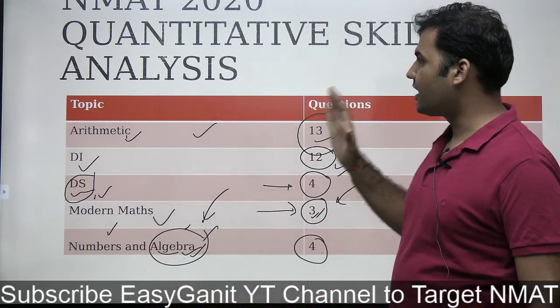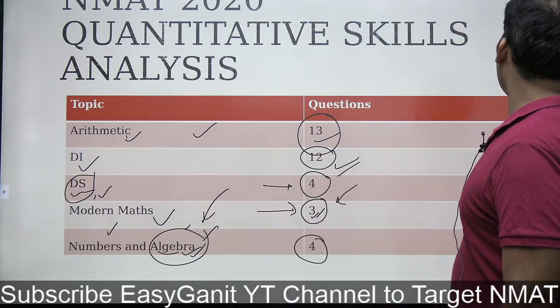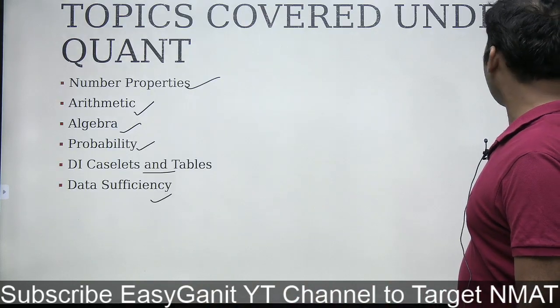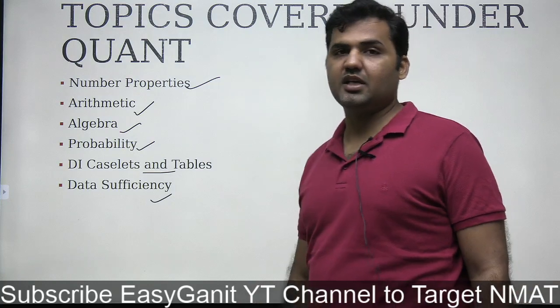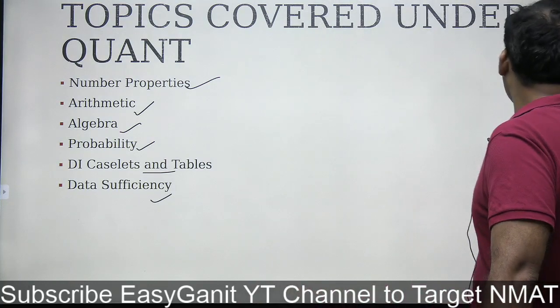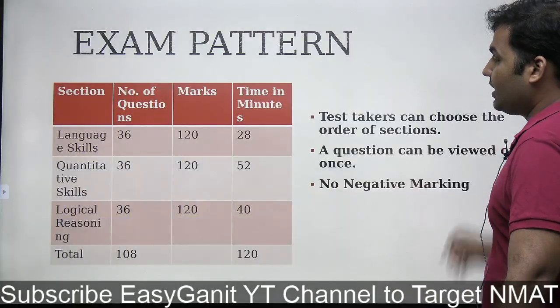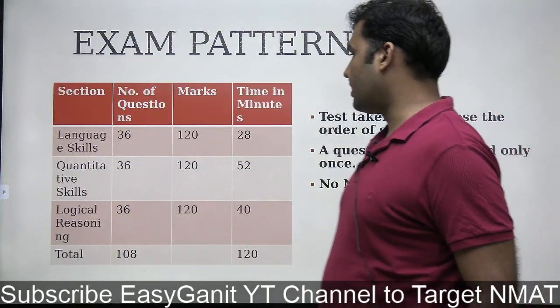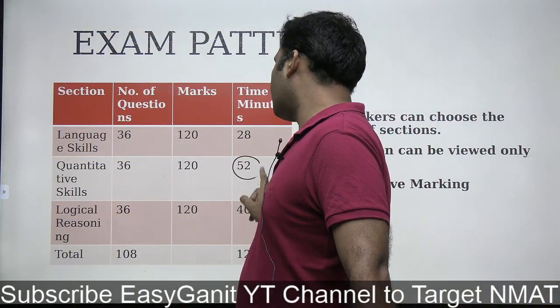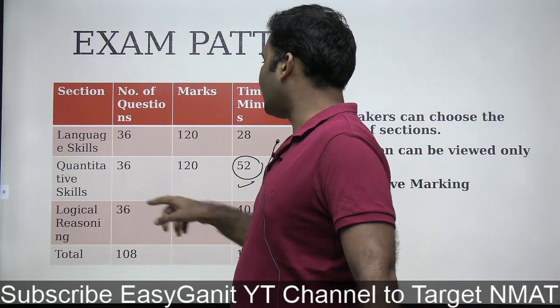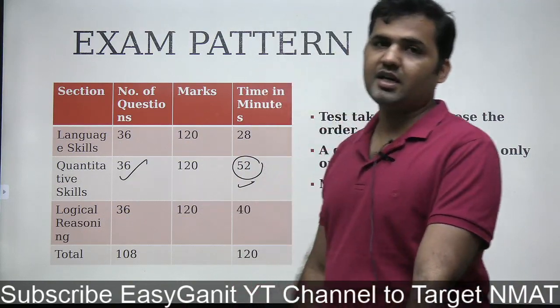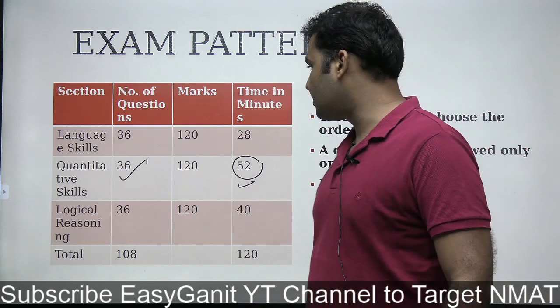So this is your whole quantitative analysis. Talking about the cutoffs, guys, right? I just want to see कि आपका क्वेश्चन को सॉल्व करने का स्पीड क्या होना चाहिए, right? You see that last year जो cutoff गया था, that was 76 marks, right? 76 marks was the cutoff, right? So आपके पास 52 minutes हैं क्वांट सेक्शन में, 36 questions हैं, right? जिसमें आपको टोटल 76 marks लाने हैं.